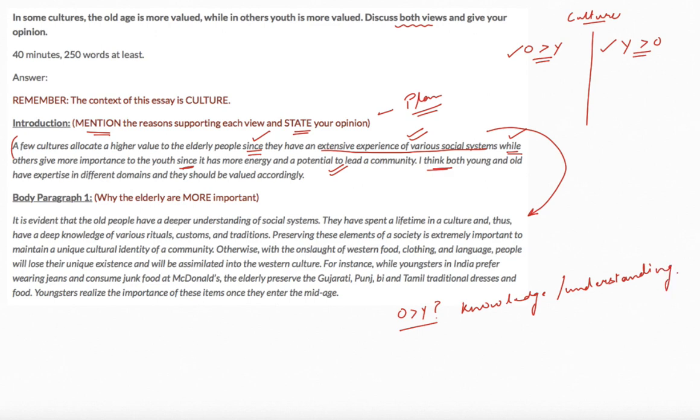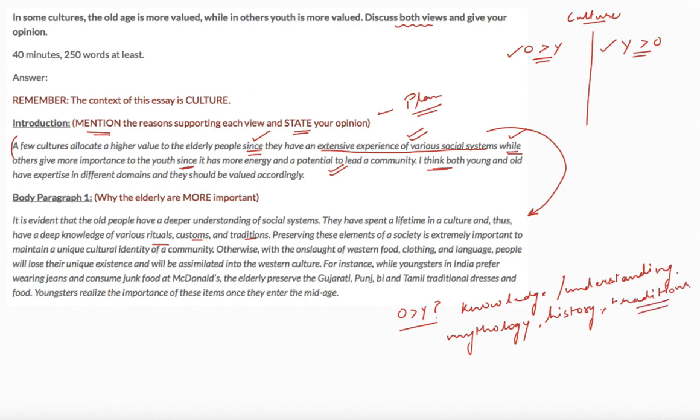And what do social systems consist of? They consist of practices, customs, rituals. Whichever country you belong to, you must have realized that old people are usually more religious, more spiritual. They have a better understanding of mythology, and sometimes history of a nation, of a country, of a culture. Some large countries such as India, China, United States may have thousands of cultures. So old people have a deep understanding of traditions,